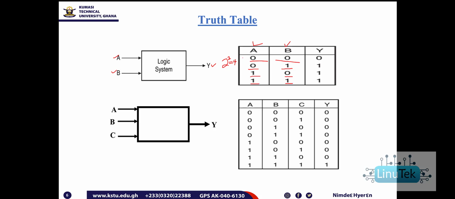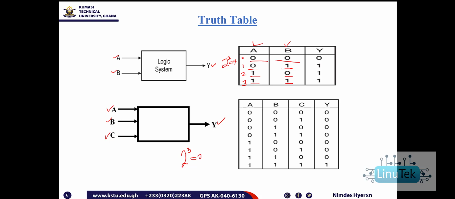What this is basically representing in a decimal system is 0, 1, 2, and what? 3. So this would give us some possible output depending on the logic operation. Similarly, if it is a 3-input logic system where we have A, B, and C with a corresponding output Y, this will mean that we are looking at 2 raised to the power 3,